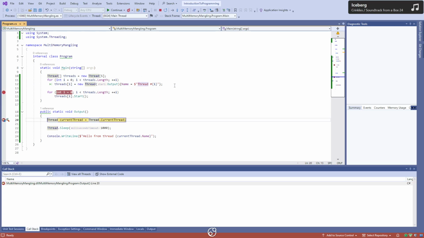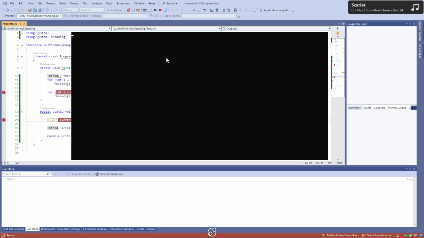Now let's go forward. The next breakpoint hit, this time inside output. And now you can see we are in thread 0. And also see we already have thread 1 and 2. They're already established as running threads, or at least as threads that are still running. Let's move forward. I just hit F5, just continue by one. We are in thread 1 now. Move forward by one more, and